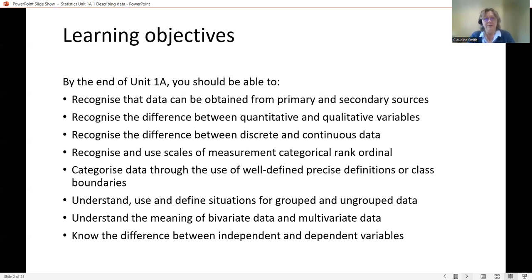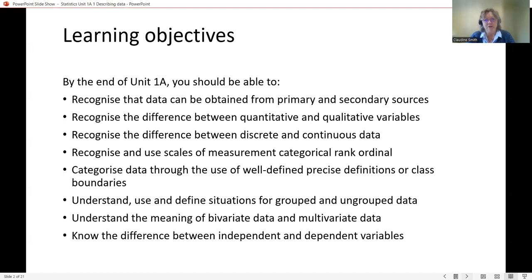So, learning objectives. By the end of Unit 1A, you should be able to recognize that data can be obtained from primary and secondary sources, recognize the difference between quantitative and qualitative variables, recognize the difference between discrete and continuous data, recognize and use scales of measurement, categorical, rank, ordinal,